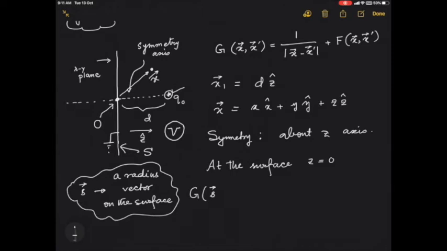The radius vector at the surface. A radius vector is one which starts from the origin, if you remember. This x prime is 1 by s minus x prime plus